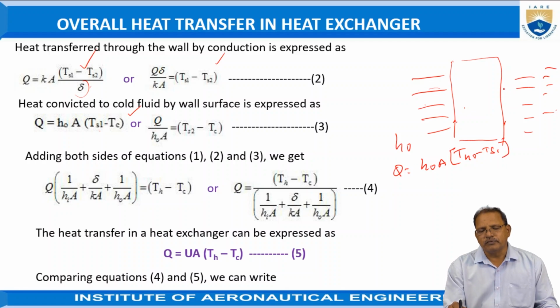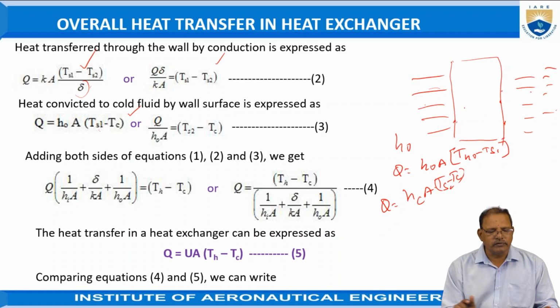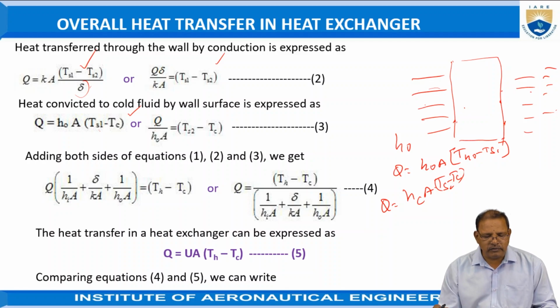Similarly, from the wall to the cold fluid, heat transfer is given by Q = Hc A (Ts2 - Tc), where Ts2 represents the temperature of the wall in contact with the cold fluid. Since Q is constant, adding the left-hand and right-hand sides separately, we have Ts1 - Ts2, Ts1 - Tc and so on. Adding all these, finally we have Th - Tc